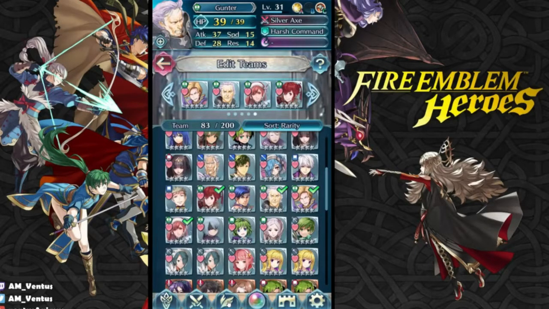When the quest actually came out, I was really scared because I didn't have Narcian, I didn't have Cherche, and I think Anna was tier 2 at the time, and then I upgraded her to tier 4 afterwards. I had Gunter, but that was it. So I was really scared. I thought this was going to be the most difficult quest to do, but this was actually, I think,